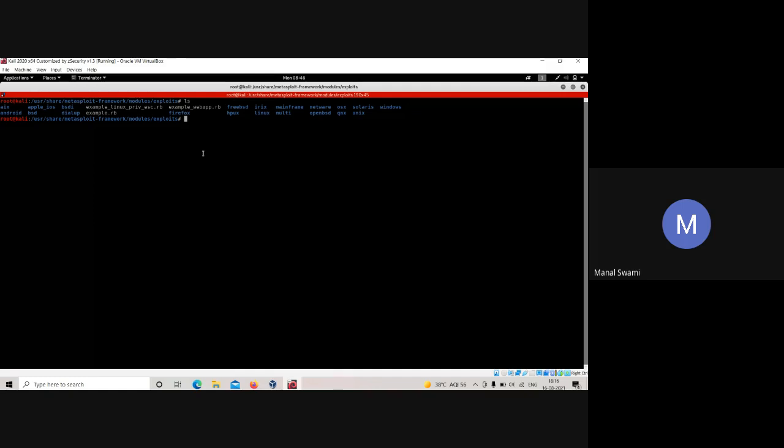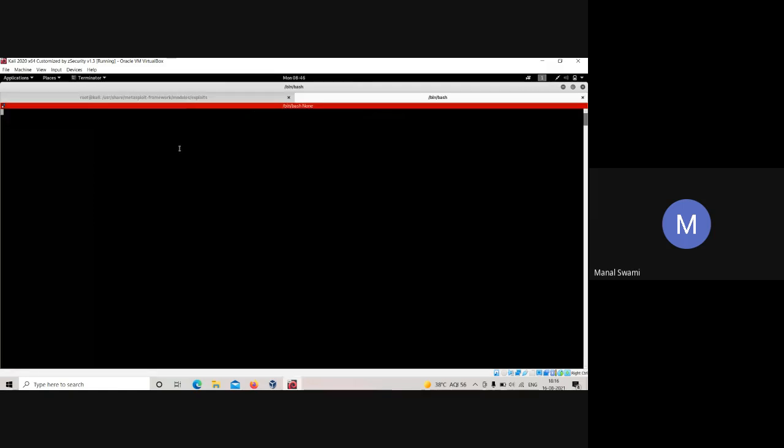Now coming to this particular tool, type msfconsole. It takes a little bit of time to get loaded, because it is a very, very powerful tool. So we'll wait for it.